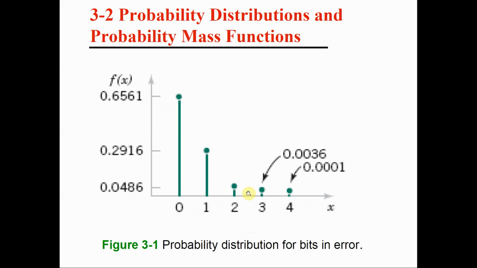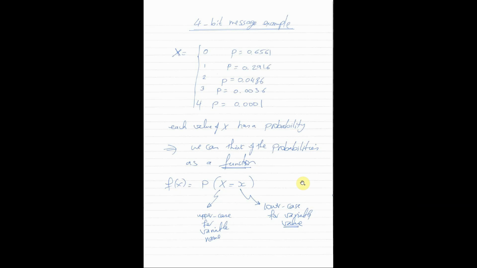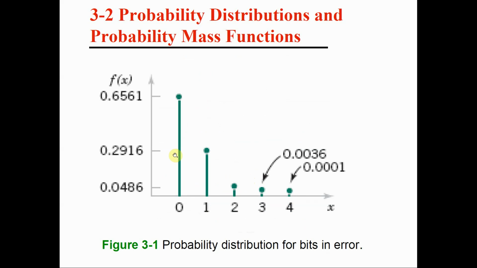By convention, by the way, we use the uppercase letter for the variable itself, and we use the lowercase letter to indicate a value for the variable. So if we say x is equal to 3, like one particular value, we can use the small letter. But as long as we talk about the variable itself, which could be this or that, and so on, we use the uppercase letter. That function here, which reflects the probabilities, is called the probability mass function,